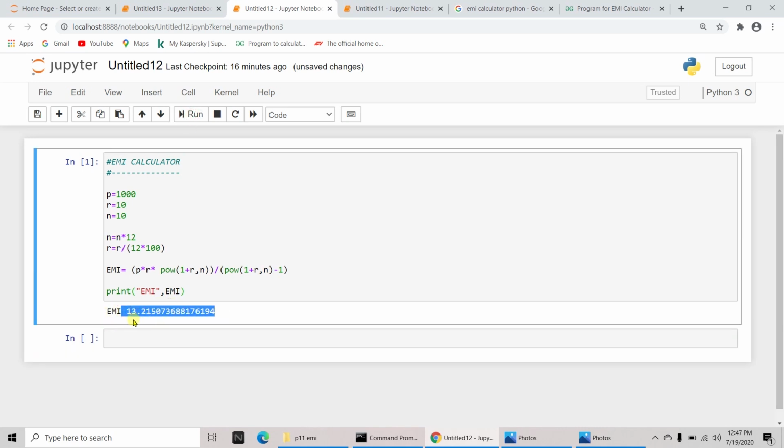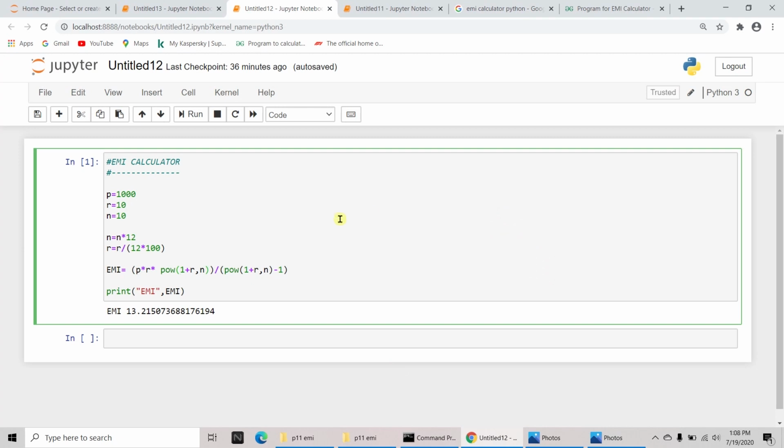That means per month we need to pay 13.215. If you have taken a loan of 1000, and the rate of interest is 10 and the number of years is 10, then we need to pay 13.25 every month for 10 years. Then we will repay it to the bank properly.